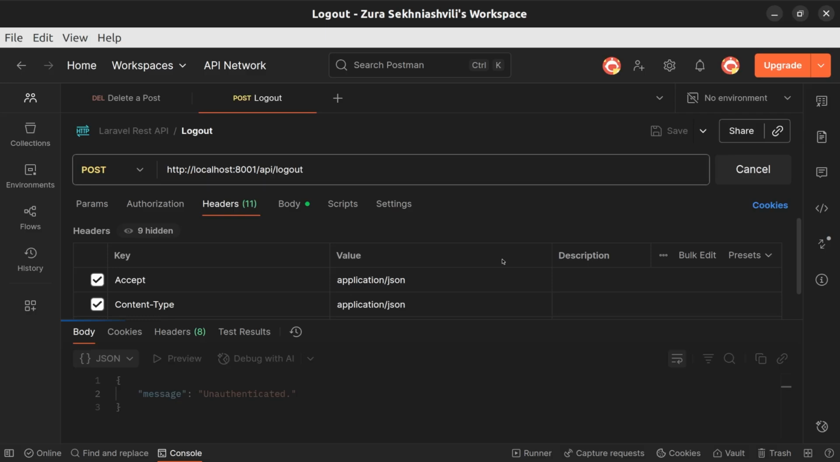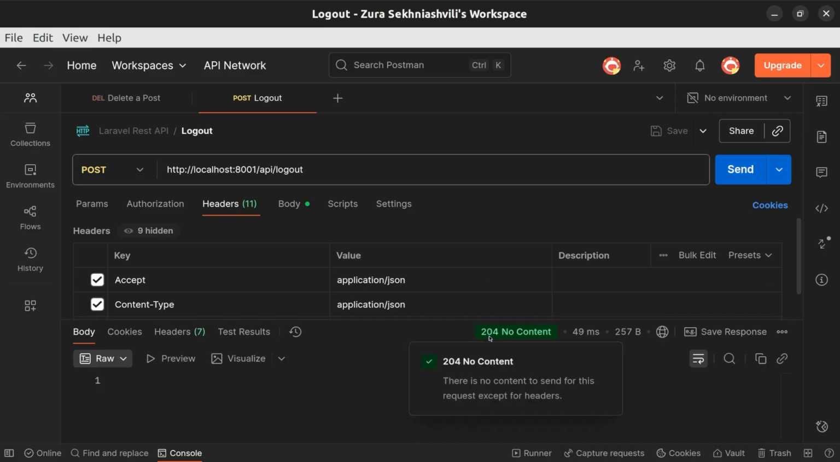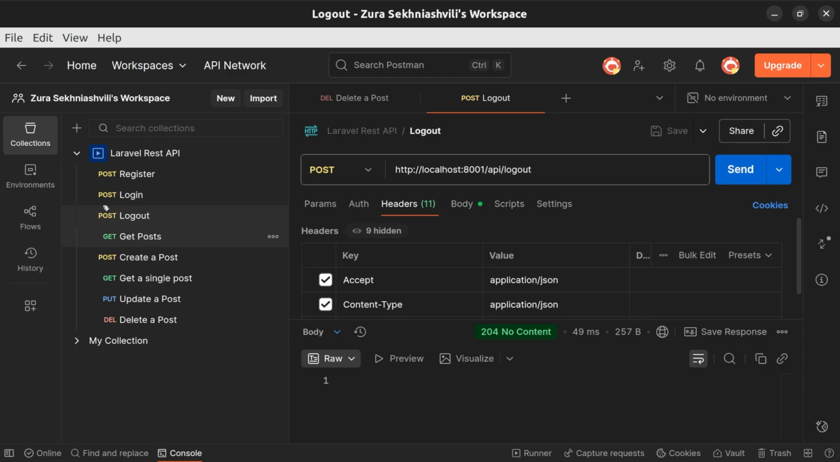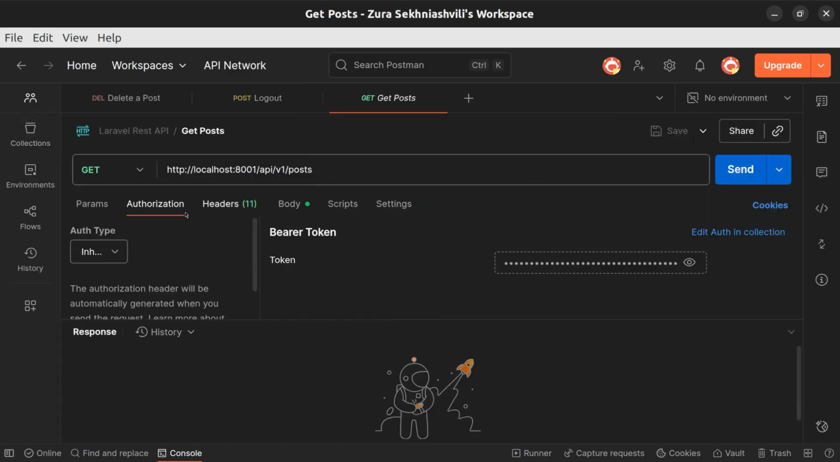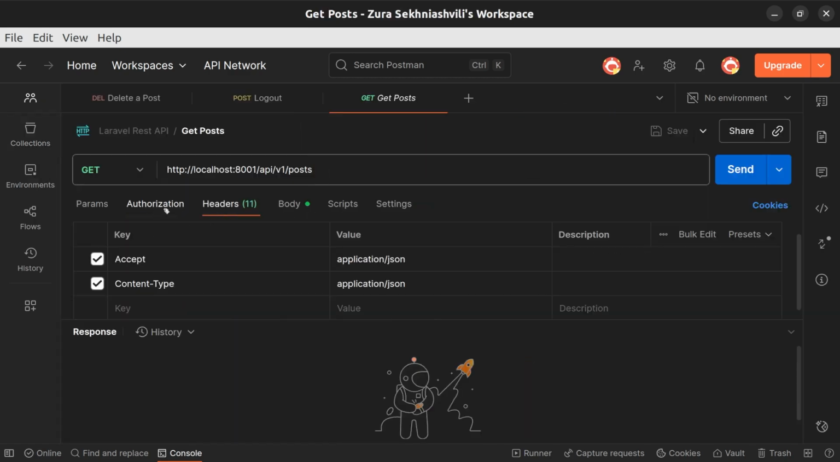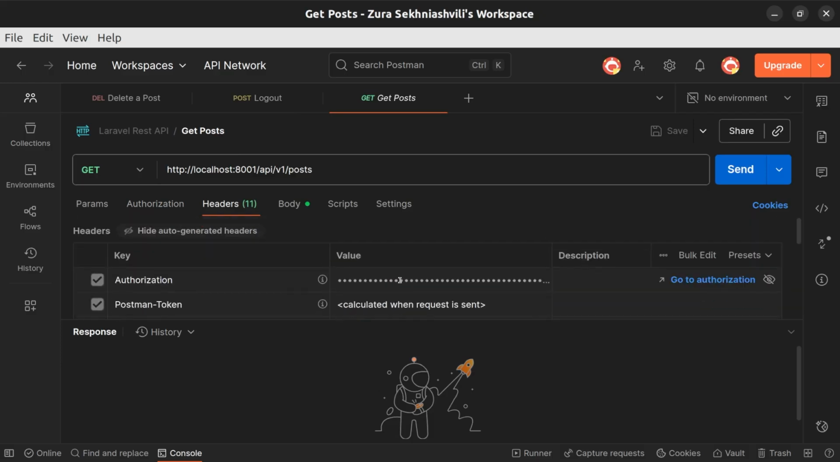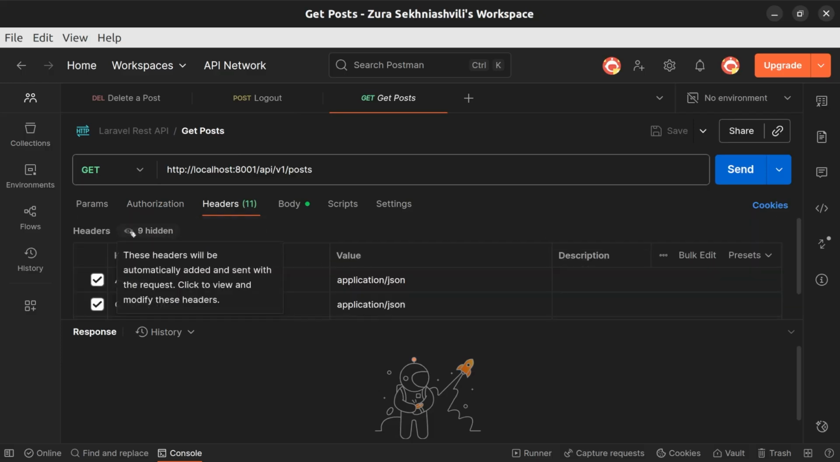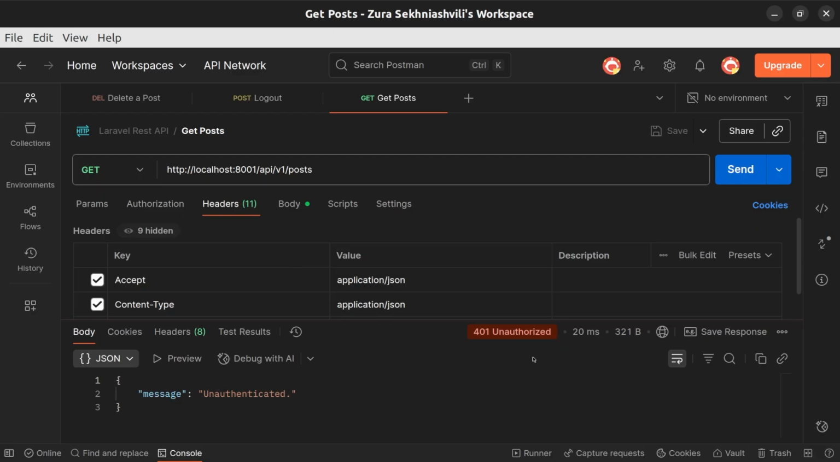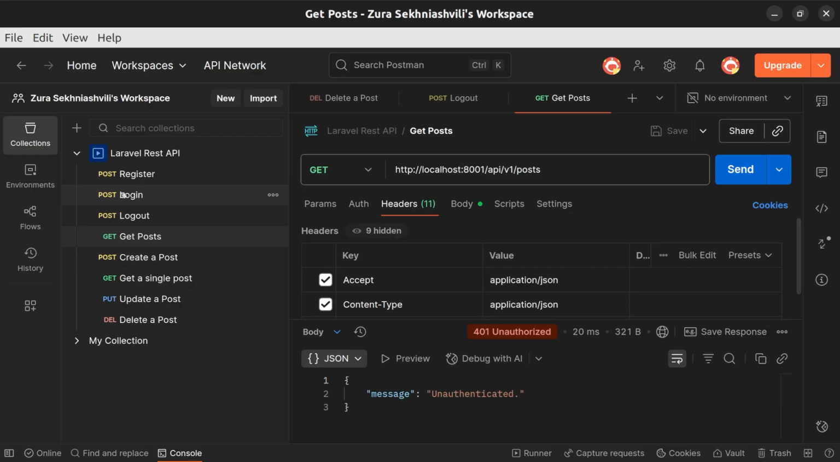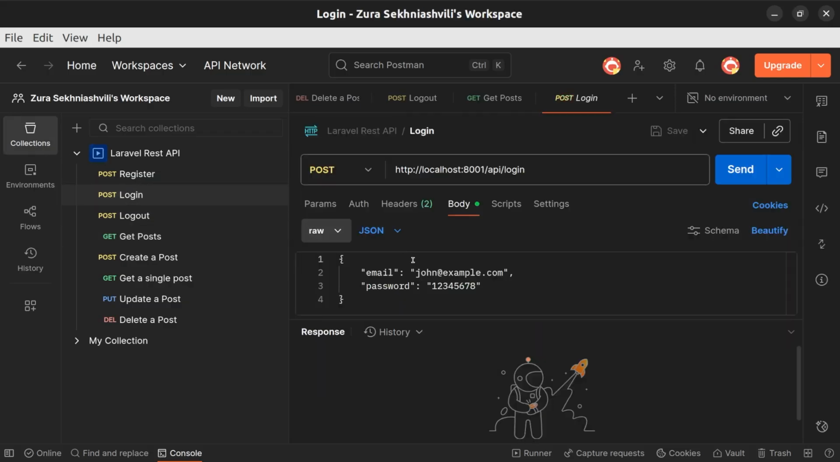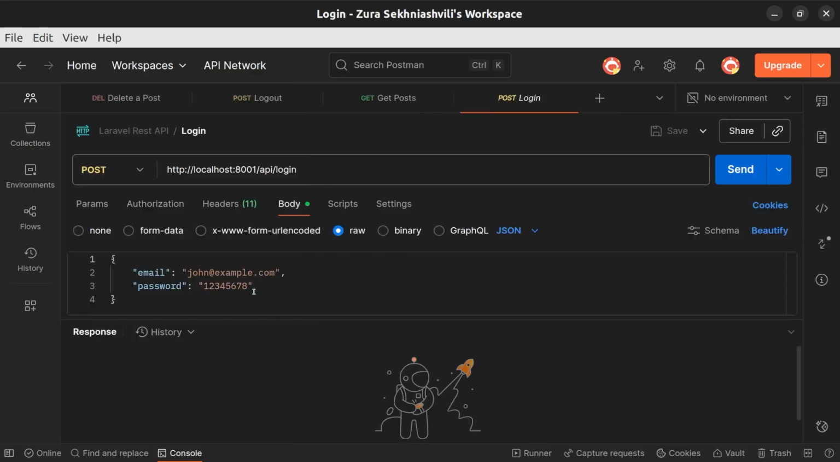Let's perform logout again. Now that worked. We see 204 status code. And if after this we try to get posts, which internally is using this old authorization token, which was actually deleted because of the logout, we are going to see unauthorized because that token is not valid anymore. After which we have to call a login request again if we want to authorize and get the proper